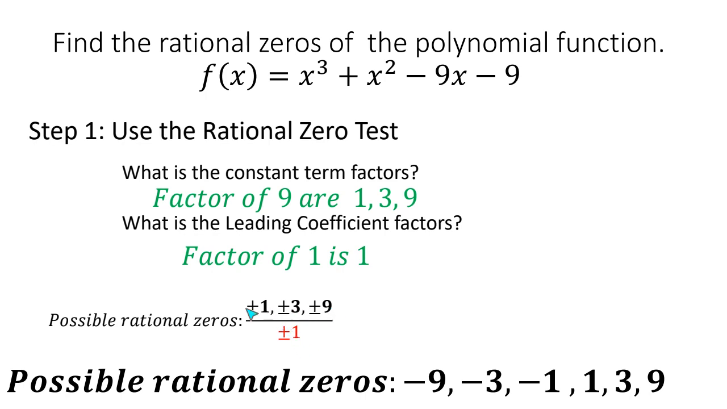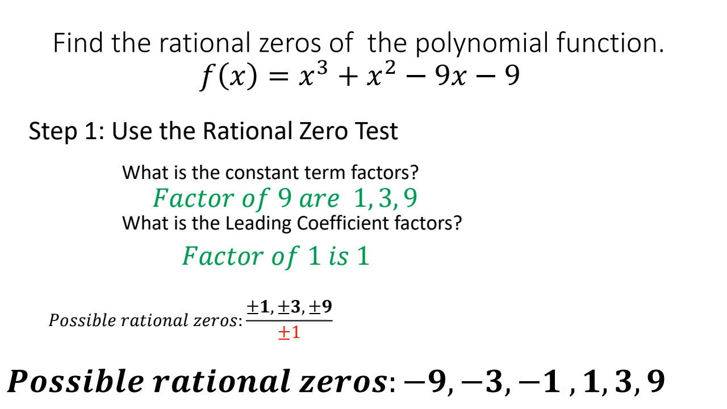So 1 divided by 1 is 1, 3 divided by 1 is 3, and 9 divided by 1 is 9. So we can look at this list that we just found, and we can test these possible zeros. The question said to find the rational zeros. It didn't want us to find the possible zeros. There are some questions that say find the possible zeros. If it says that, then this would be it, but since it says to find them, now we go to the